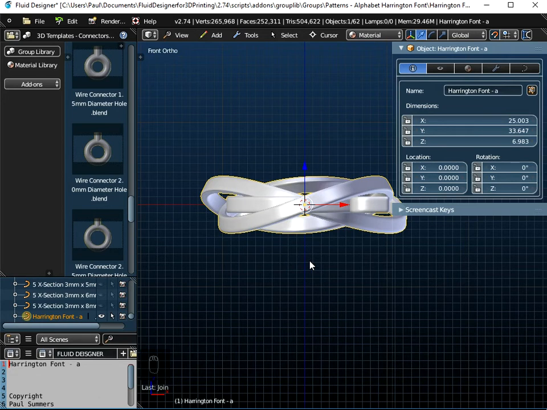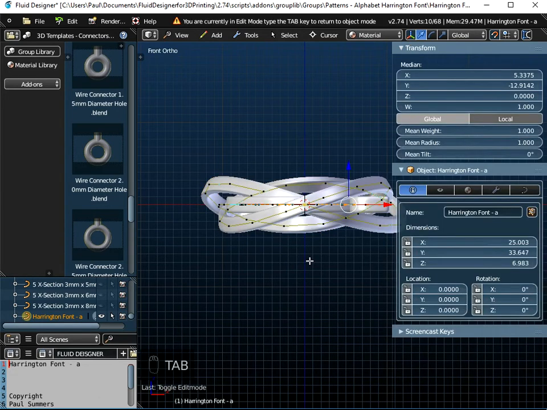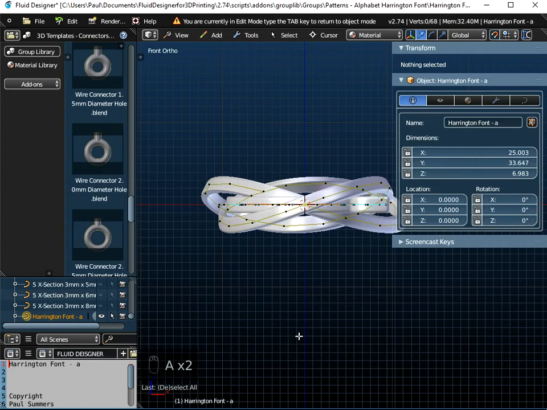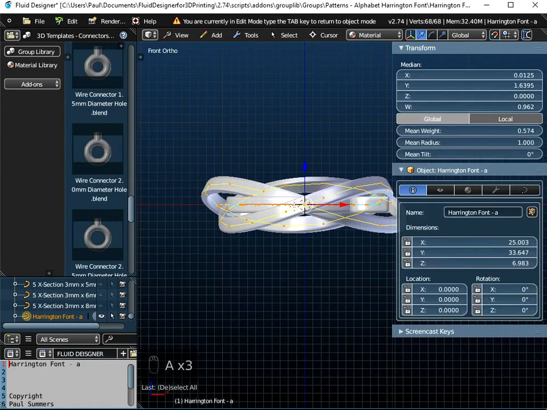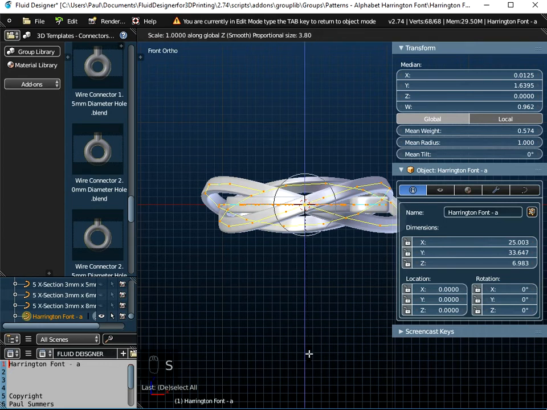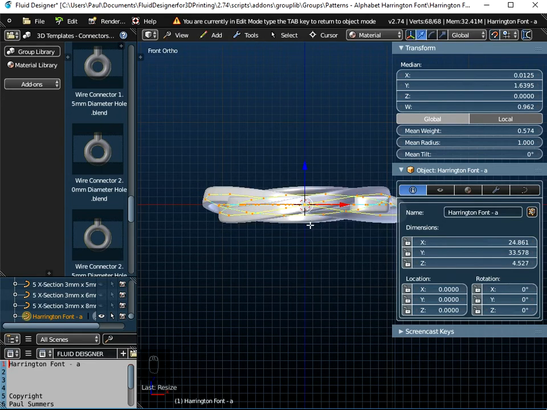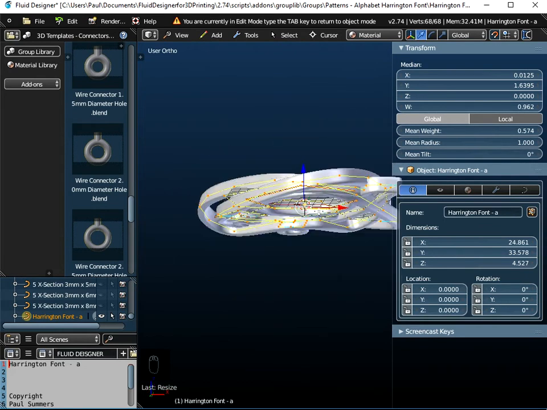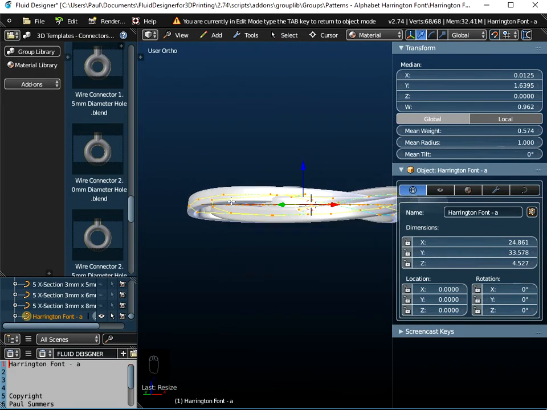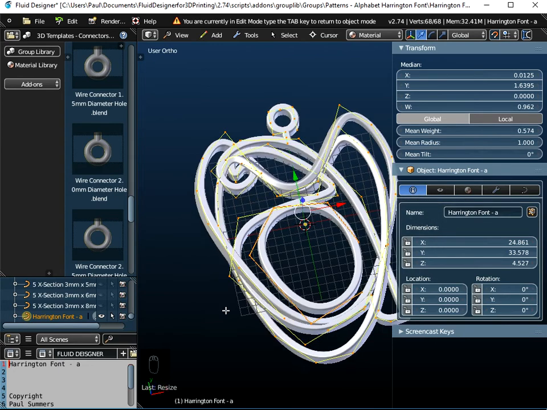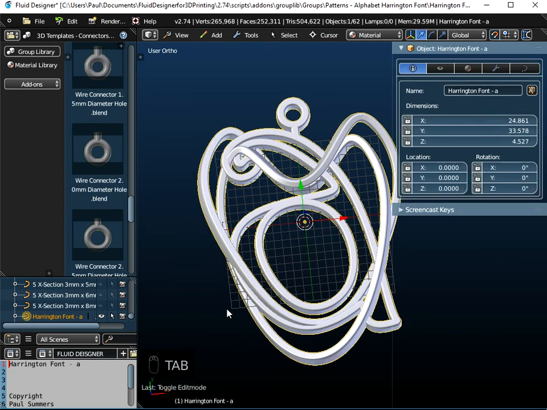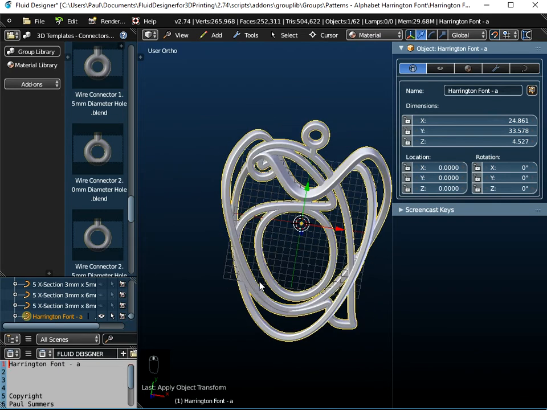So if I go to View and Front, press the Tab key on the keyboard and press A to highlight all the control points, the blue arrow is the Z direction. If I scale with S on the keyboard and limit my scale to the Z direction, I can actually squash this object down and flatten it off a little bit. So if you don't want it sticking out too much, if you want to make it more flat, you can do that. Just do Control A and apply that scale